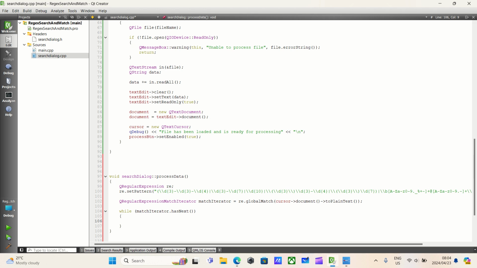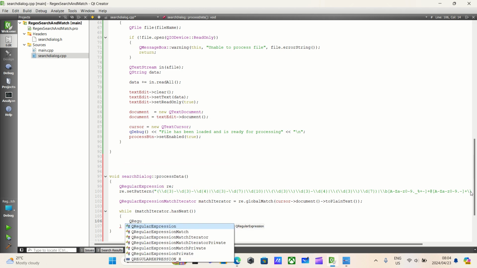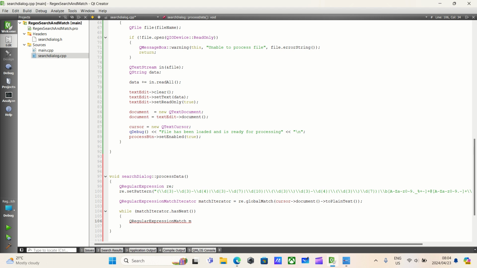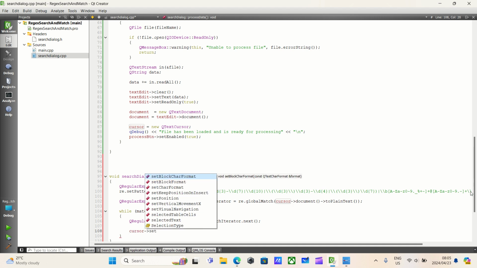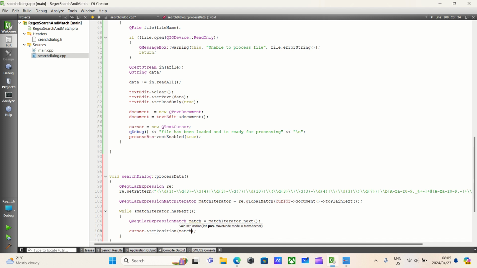As long as that is a reality, then I will do a QRegularExpressionMatch, and I will call it match, and it will be matchIterator.next. We'll advance it with next. So now autocorrect doesn't want to show up, hey? Okay, and now we can just move the cursor. So cursor.setPosition match.captured